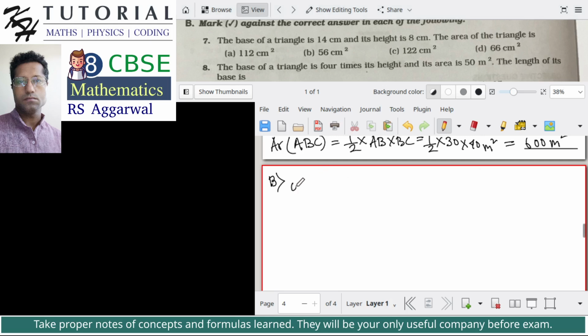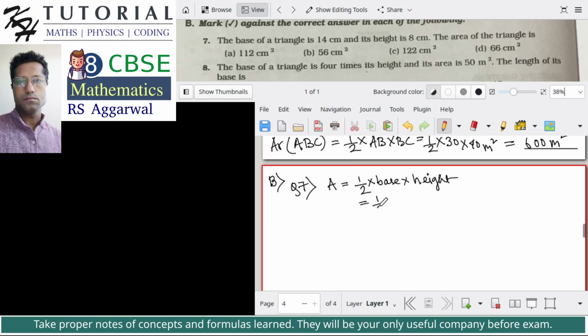Section B, question number 7. The base of a triangle is 14 centimeter and its height is 8 centimeter. The area of the triangle is, it's pretty straightforward. Area is equal to half into base into height,